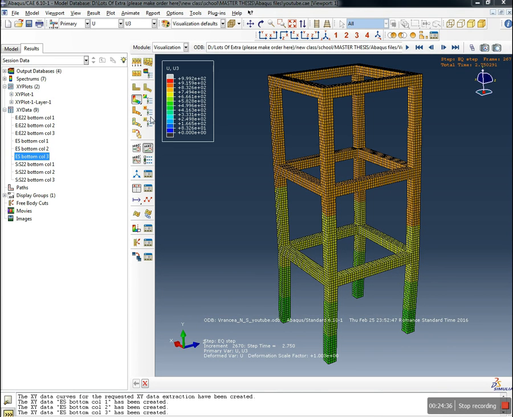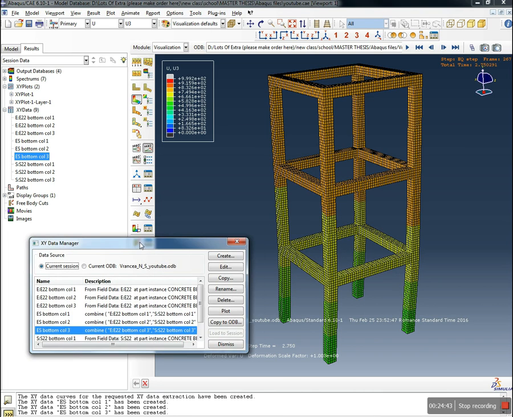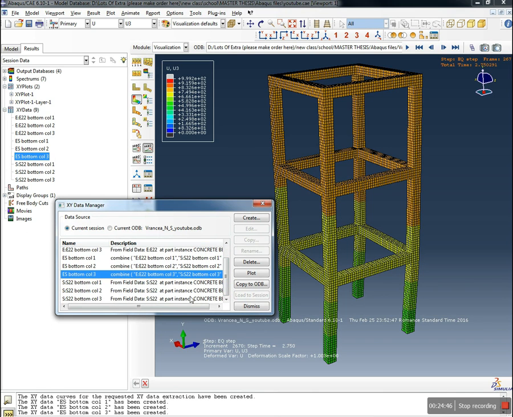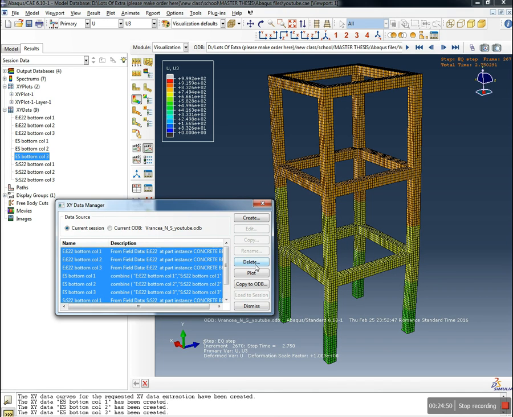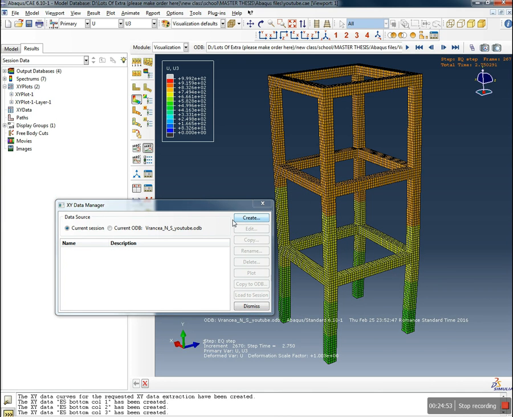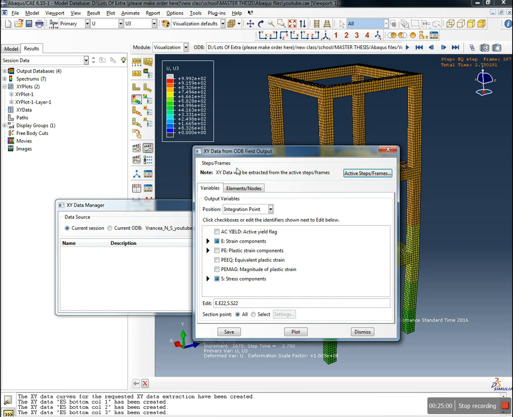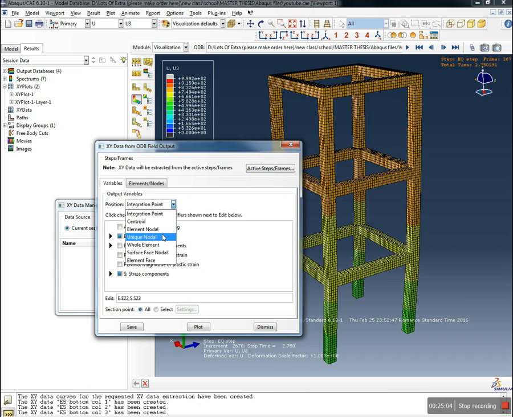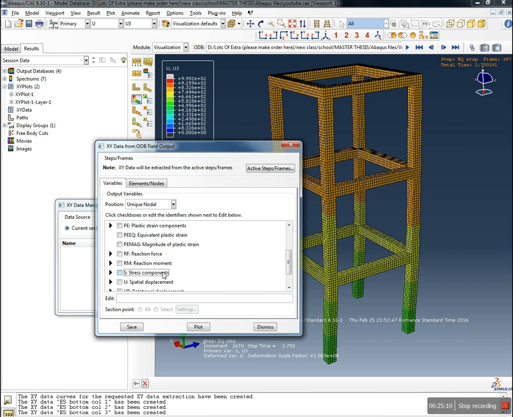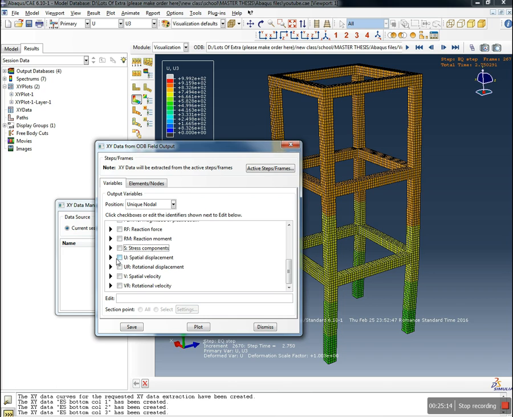Okay, so let's do that, and for that we will click here, the XY Data Manager again. We will just delete whatever we had here because we already saved the picture, so we don't need it anymore. So delete, yes, and we will create. We select ODB field output, continue, and now we don't want to have integration point, we want to have unique nodal that we select. And we don't want strains, we don't want stress, but what we want to obtain is U, spatial displacement, right here. And why is it spatial? Because there is another one which is rotational, so that's why it's called spatial displacement. We go to U2,